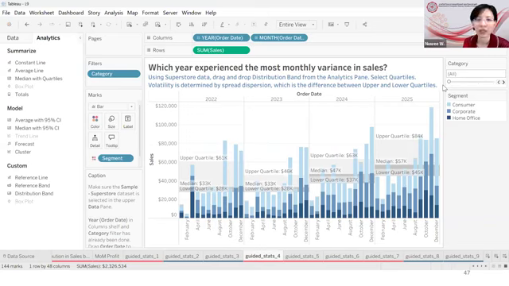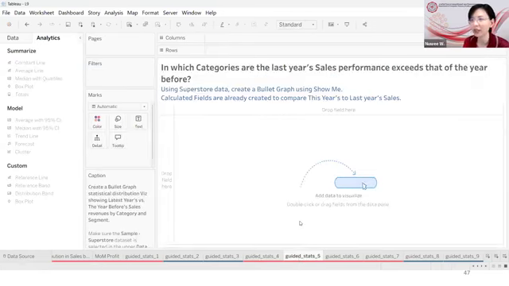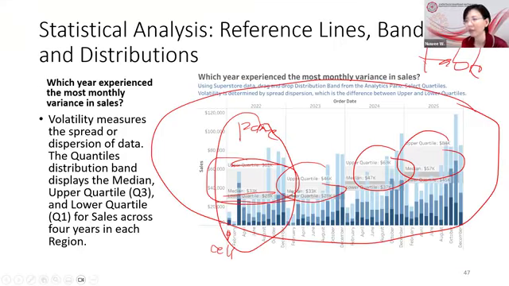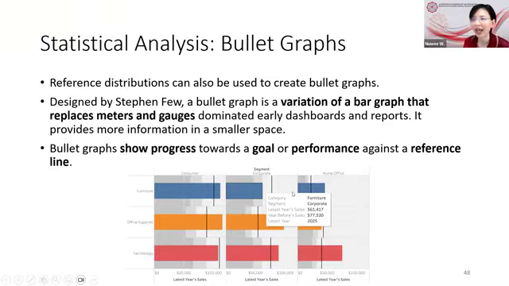Now, the next graph is a very specialized graph called bullet graph. What is bullet graph? So bullet graph has bullet. What does it mean by bullet? Bullet means a gun bullet, so what is related to a gun? There's a target. In the bullet graph, which is designed by our guru named Stephen